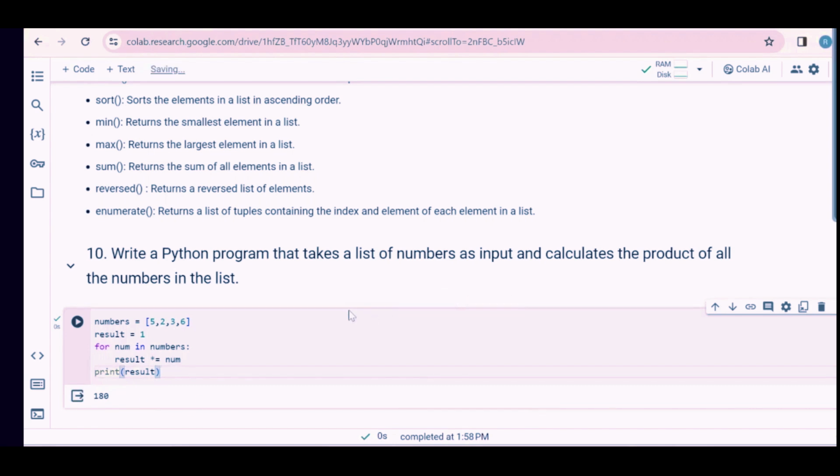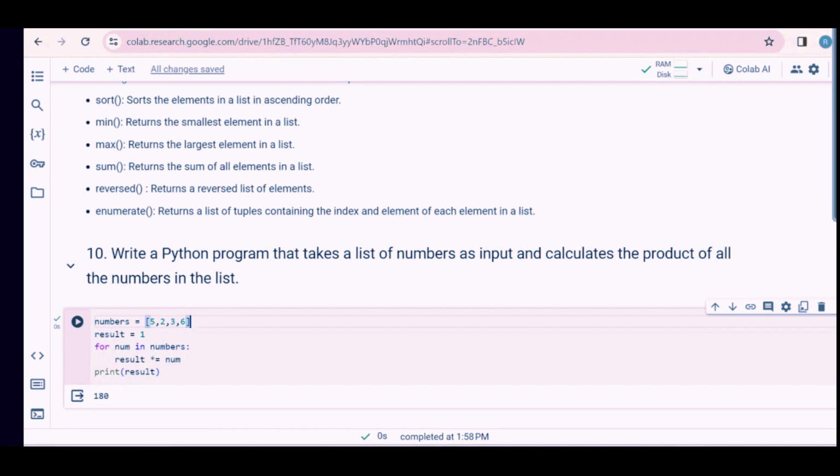So I'll give you a task. What you have to do is that instead of putting this list as an input, you can write an input function to take the input. Okay, so ideally the question is also asking us to write a function in such a way that it takes a list of numbers as an input. Okay, so just modify this code so that instead of directly putting list values here,